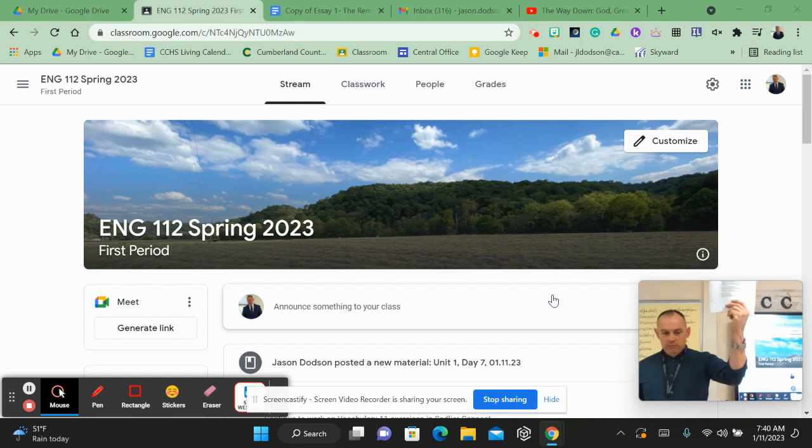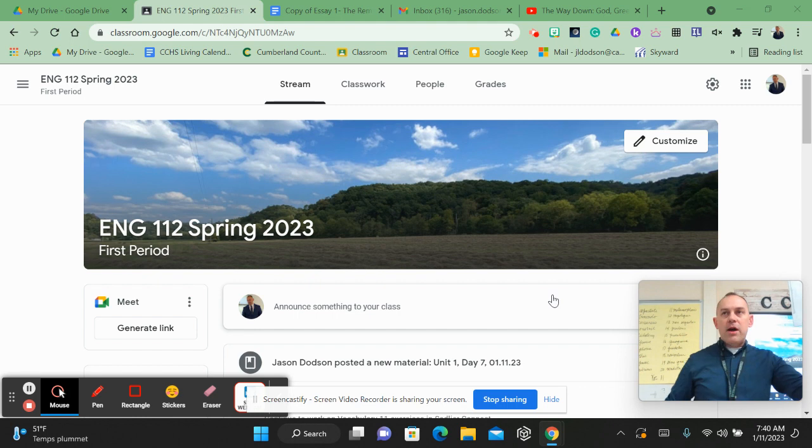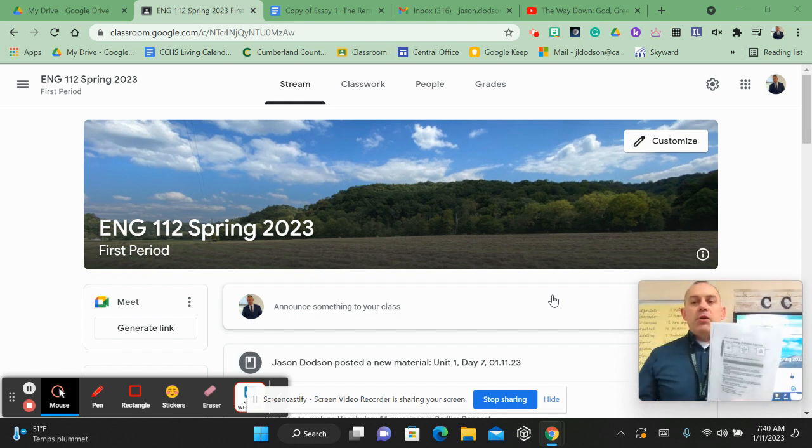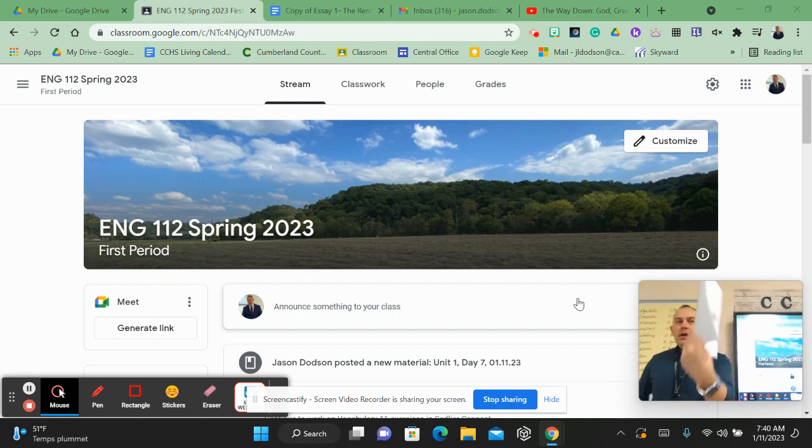And also grab your highlighter. If you don't have a highlighter, I have some extras up here, or you can just underline with a pen or a pencil. Just some things I want to make sure that you get from how to write a definition argument. So this page, it's actually labeled as page 104 and 105.